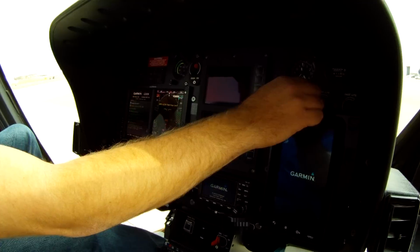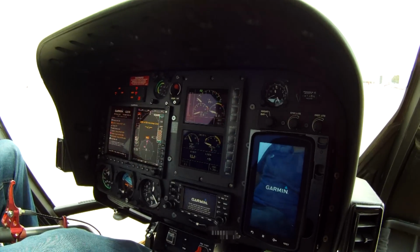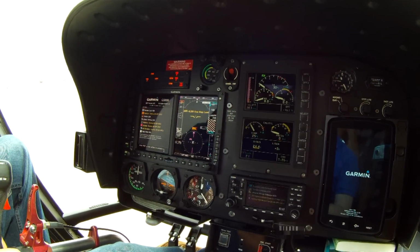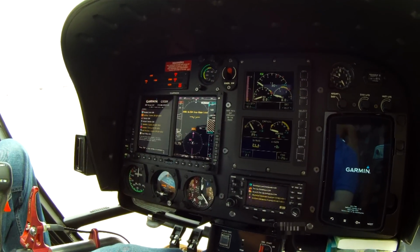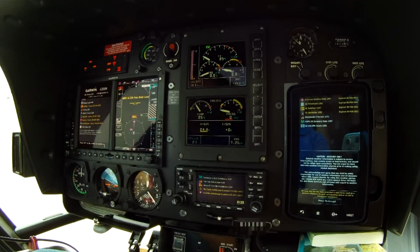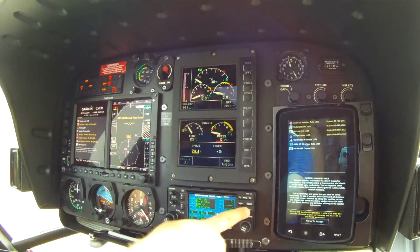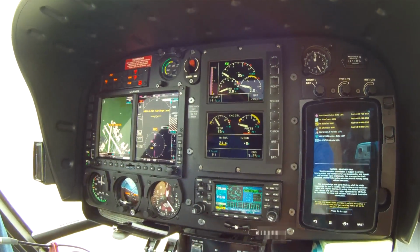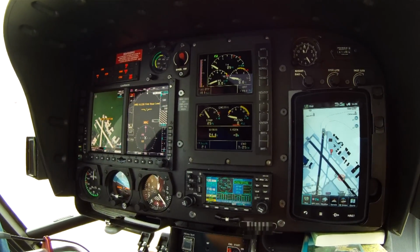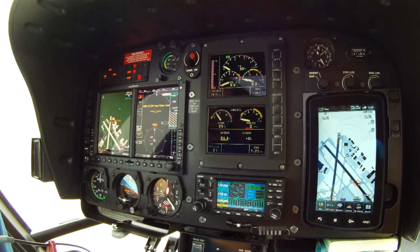And I had a night flight last night, so we'll put it on steady. This helicopter, we have equipped it with the Garmin G500H, the GNS 430 WAAS, and a Garmin 796 touchscreen. It's getting all fired up here. I'll go through all of our touchscreens. Alright, here we are. To give you a kind of layout of how we've set this helicopter up,